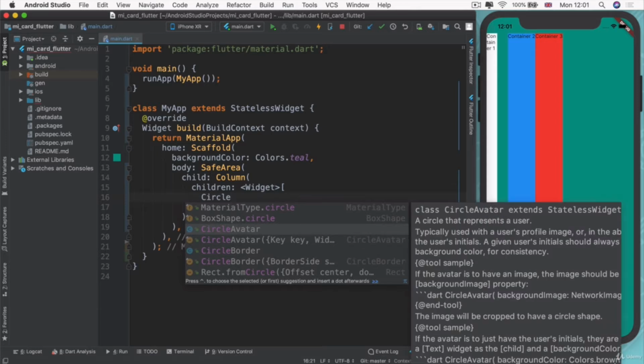And you can see that if you hover on this and wait for it, it'll show you the quick docs. And it tells you that if you choose this one, you will get a circle that represents a user, typically used with a user profile image, and the image will be cropped to have a circle shape. So even though we're not really building a profile, in this case, it still makes sense to use this widget